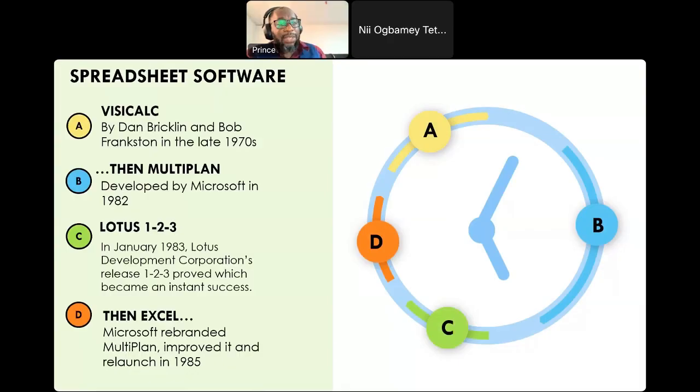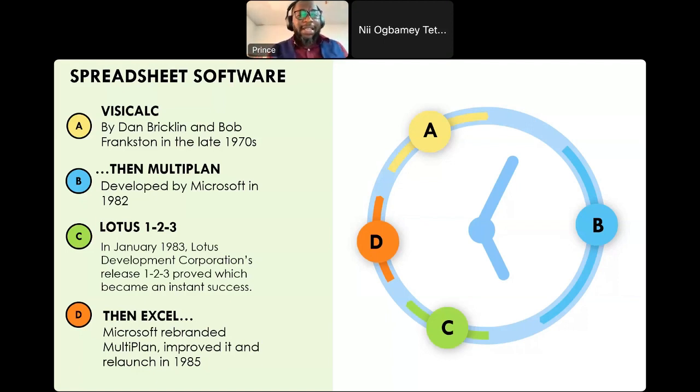So Lotus was a big win and a big player throughout the 80s, even to the early 90s. Lotus was there. Then in 1985, Microsoft went back, did their homework, rebranded Multiplan, and launched it as Microsoft Excel.